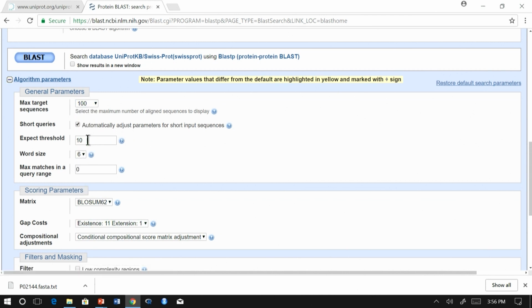Further, there is an expect threshold, which is nothing but the limitation for the E value. Every sequence that is aligned with your query sequence will have an E value, and this E value is the expected number of sequences which has a score greater than or equal to the score of that particular sequence. If you want a very good match with your sequence, you can restrict the expect threshold. For example, I am going to restrict it to 10⁻⁴,